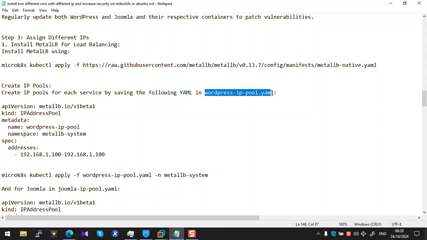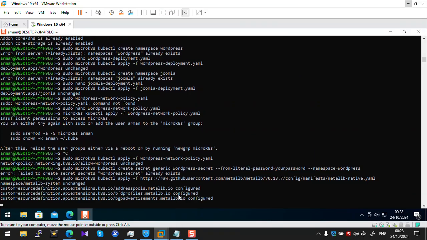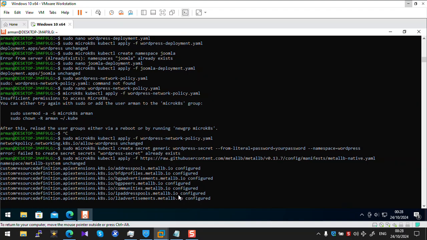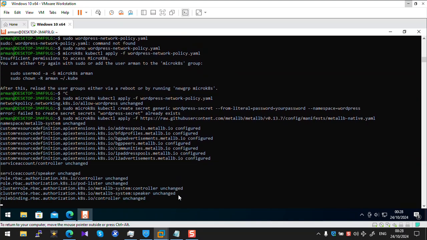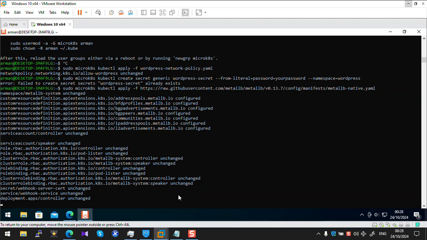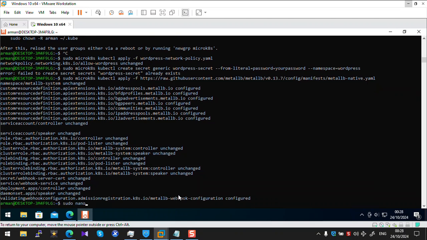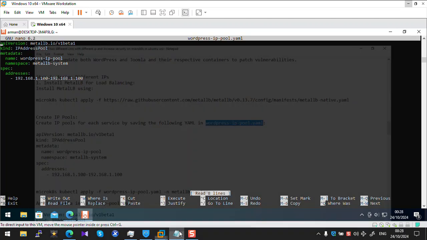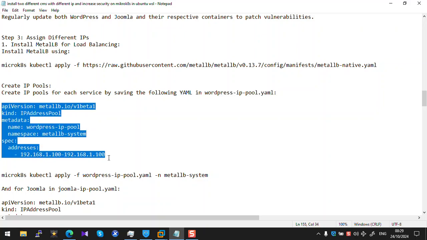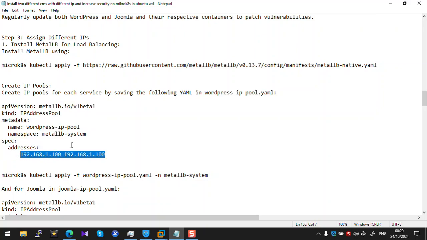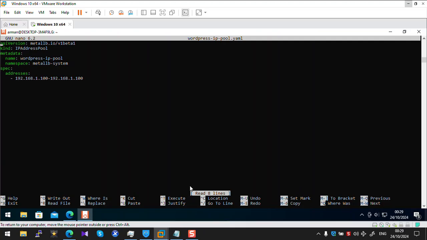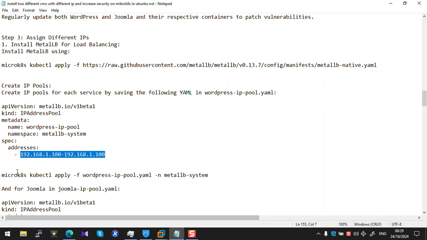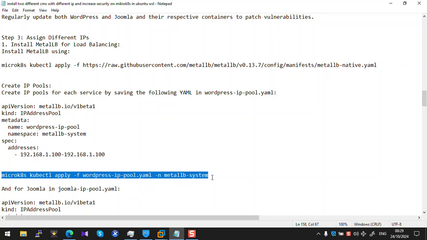You can create this file and copy this script with this range of IP here and save this, and apply the MetalLB WordPress IP pool file,